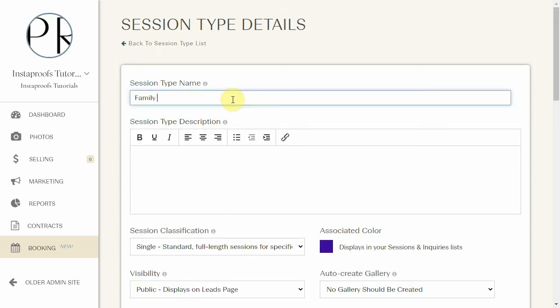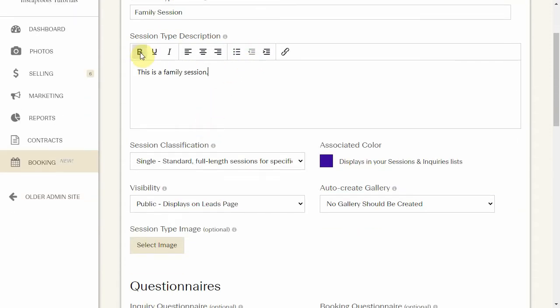I'll name this one Family Session, and I'll say this is a family session. Now you can make the description anything that you'd like it to be. You can use the different formatting options that are here to make it as long or as short as you